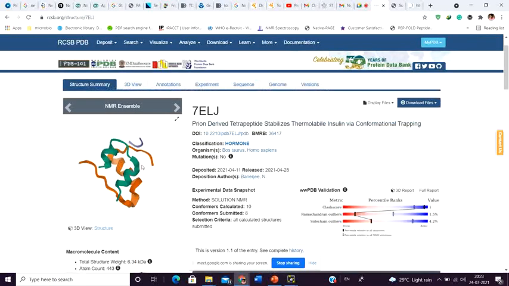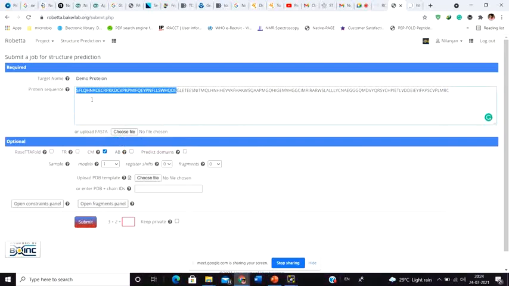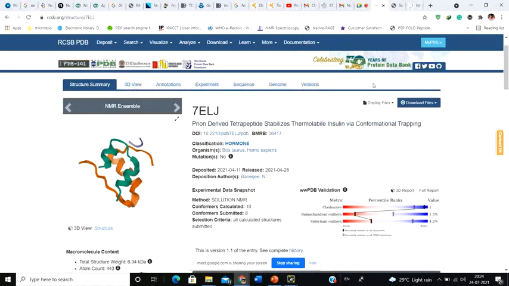This is the alpha helix. Suppose this fragment and this fragment are similar, so they're going to take that particular structure and assign that structure to that particular fragment. Like that, they're going to again search for this domain in all the proteins in this RCSB PDB and give a similar structure.